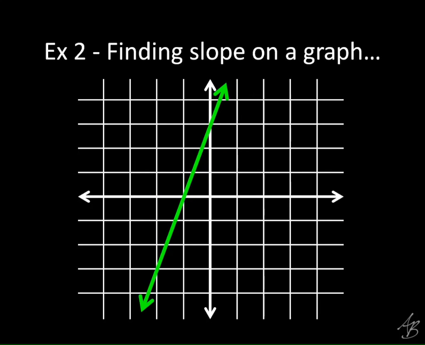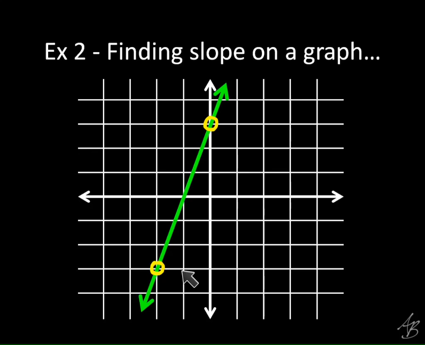So for example 2, let's do this one together, and then I'm going to have you do the other ones on your own. We need to pick 2 lattice points. So somebody help me out here. Zane, can you pick one for me? Okay, so Zane says where the line intersects at the top, the y-intercept right here? All right, so that would be the point (0, 3). We'll use that for one of them. And then we'll use this one right here. So I want everybody to use those 2 for this example.